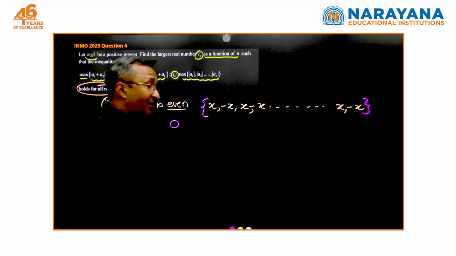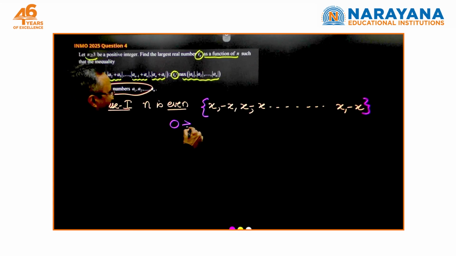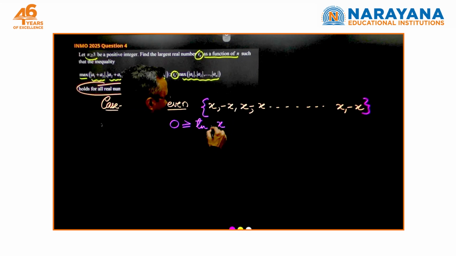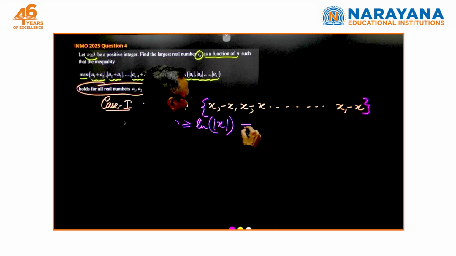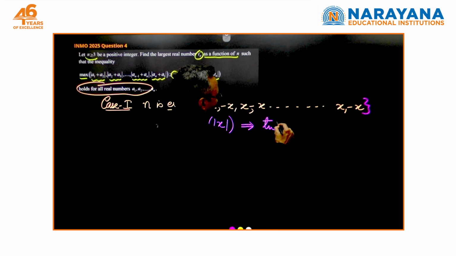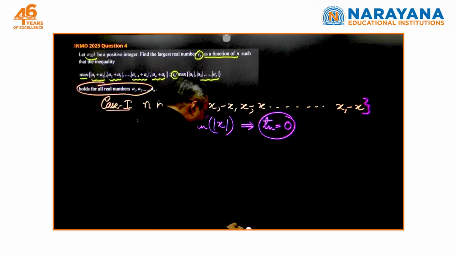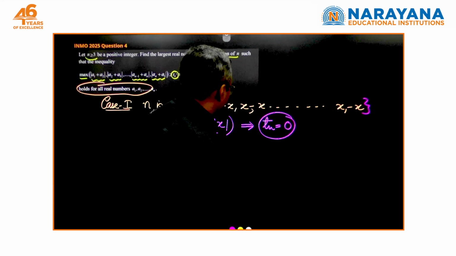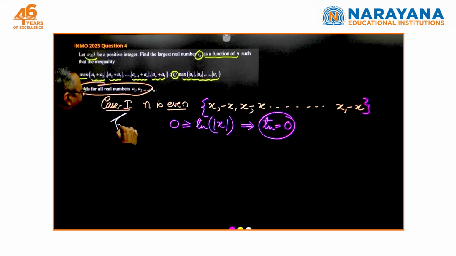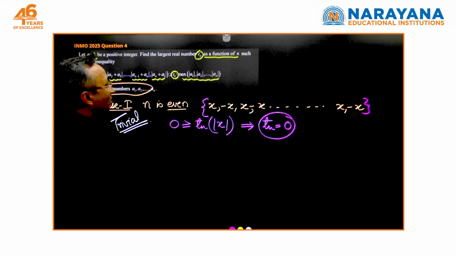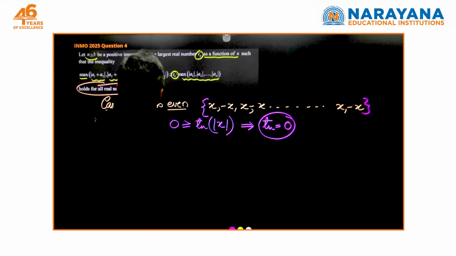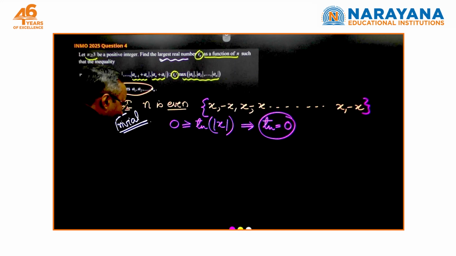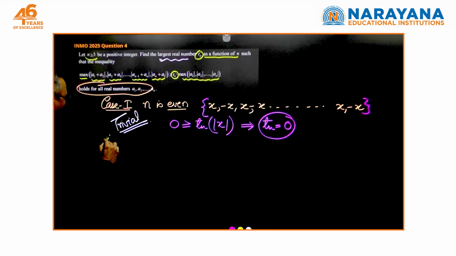Irrespective of the maximum, every value is 0, so 0 should be greater than or equal to Tn times the max of these, which is definitely |x|, and which implies for the equality to hold Tn has to be 0. Whenever there is an inequality and modulus, if one of the sides can be attained to be 0 as a trivial solution, then the work is done. So the trivial solution indicates that it has to be 0, nothing bigger than that can happen. The question actually is meant for case 2,